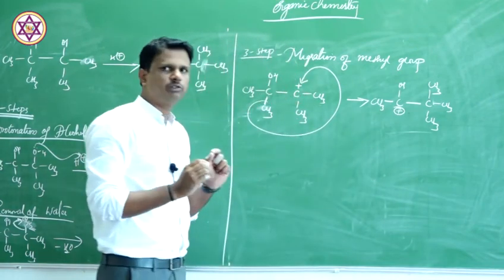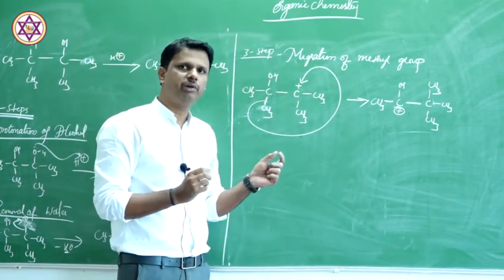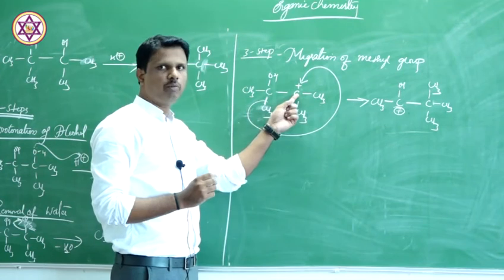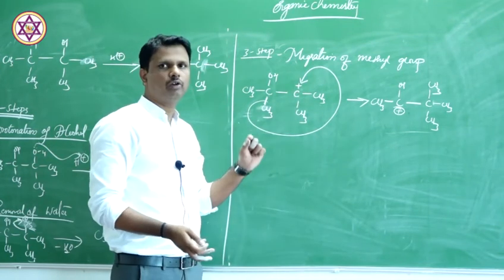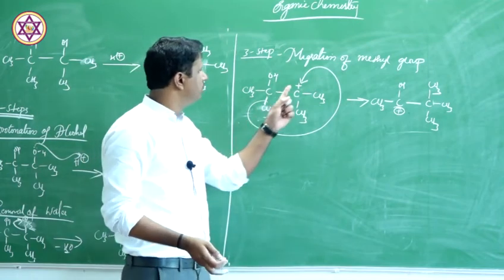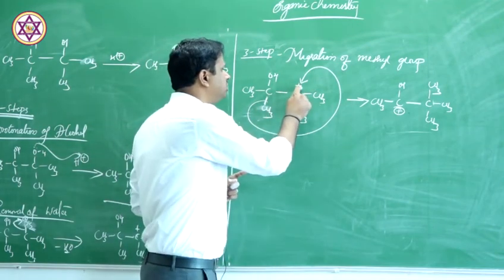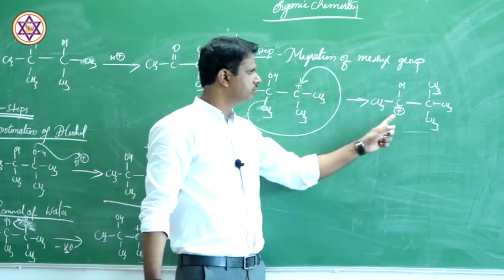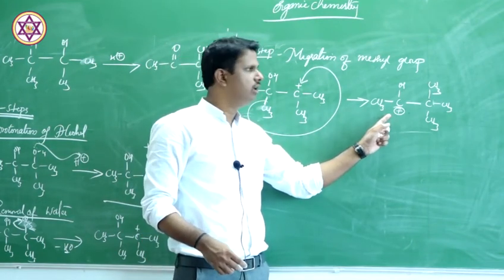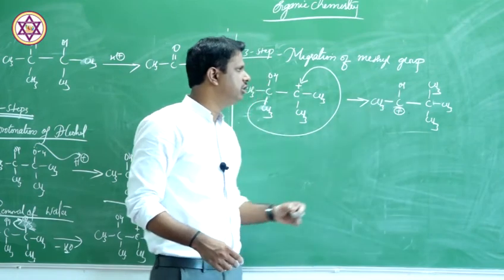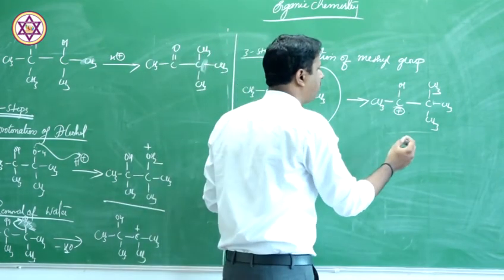Now here is a small understanding of why there is a shift of methyl group. Because this is a tertiary carbocation which is already stable, what was the necessity of this methyl group to migrate over there? Because once the positive charge is migrated here, this positive charge is now stabilized by the inductive effect and mesomeric effect. So what happens in the final step?